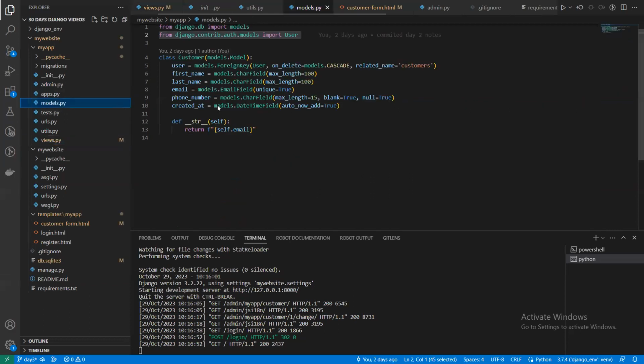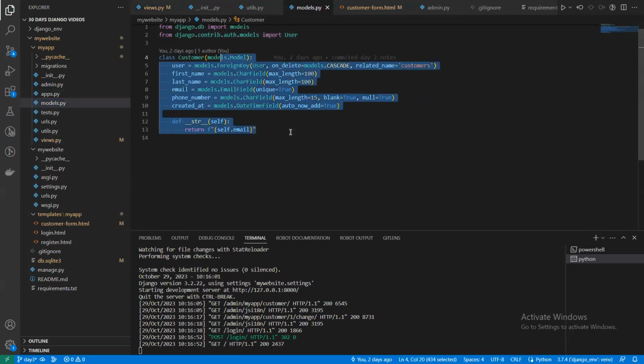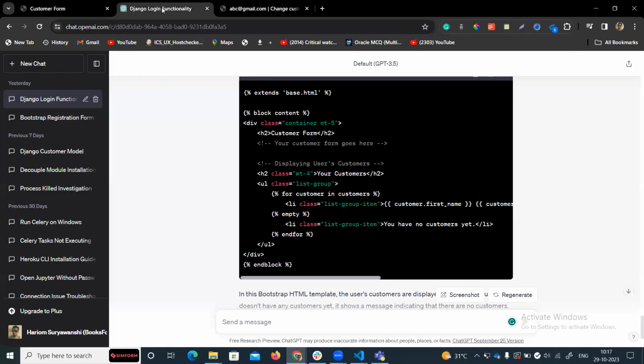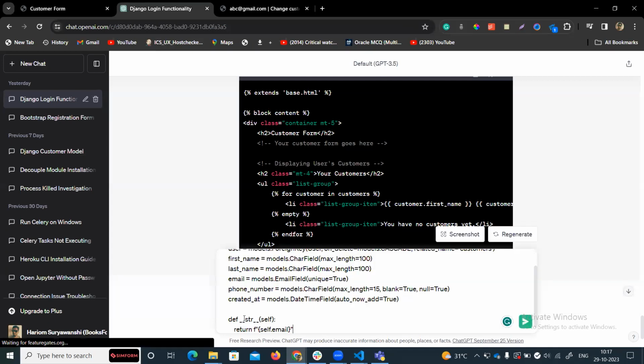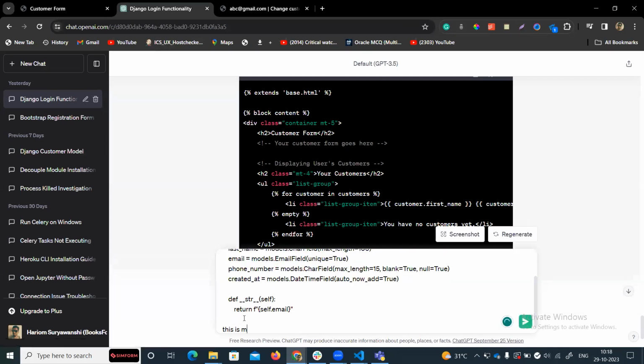I want to create, this is my customer model, and for this I want to create